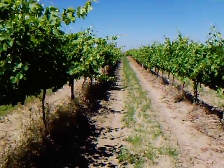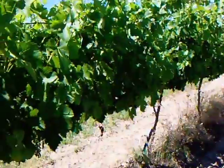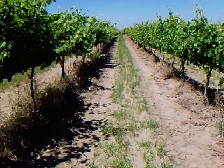Now we're out in our Syrah block. This is actually another block of the Bitner Vineyard. This is a fairly new planting of Syrah. The first thing that you'll probably notice about this vineyard block is that as you look down the row, there's